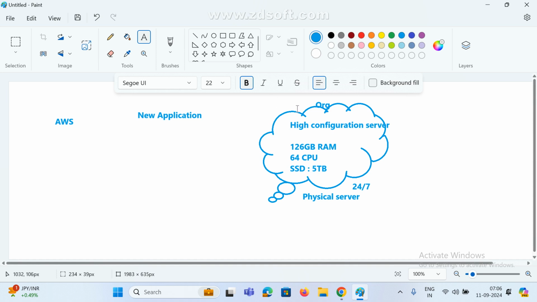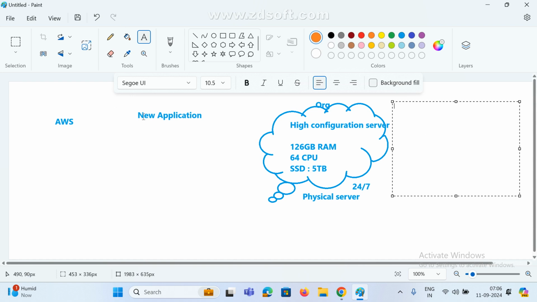Just assume how we are maintaining. If you join any organization, even an MNC company, small, everywhere, these are common things only. Okay, try to understand. They are maintaining one server, but these are all physical servers. Now assume you want to buy this much configuration, at least how much? So what is this? 160 GB RAM and 64 CPU and 5 TB hard disk and also high configuration. At least.